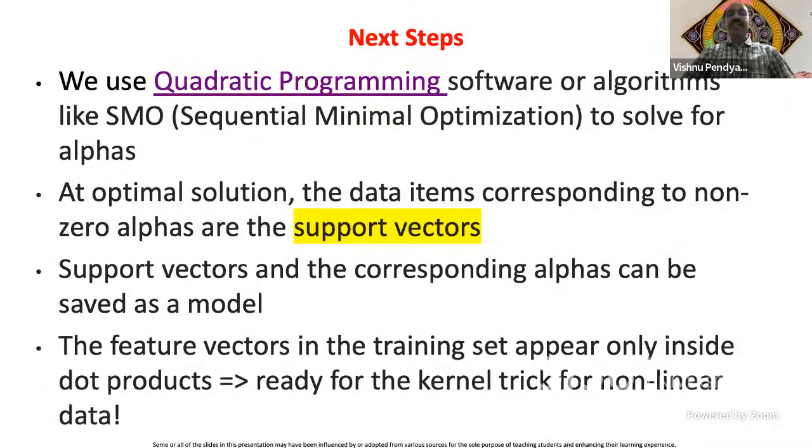So that is a big thing. We are down to just a handful of alphas. Otherwise, we would have had to deal with tons of alphas. As many rows as there are, we would have had to deal with that many alphas. So here, we are paying attention to just a limited set of data items. So that is the interesting part.